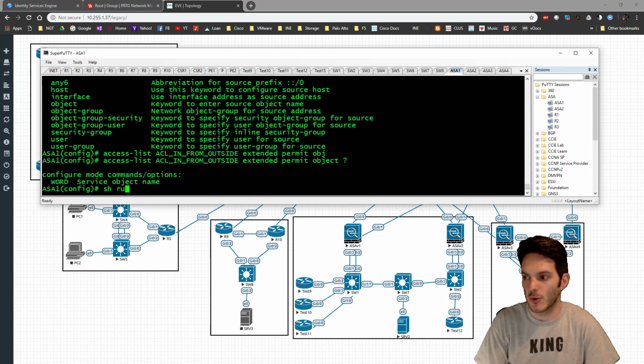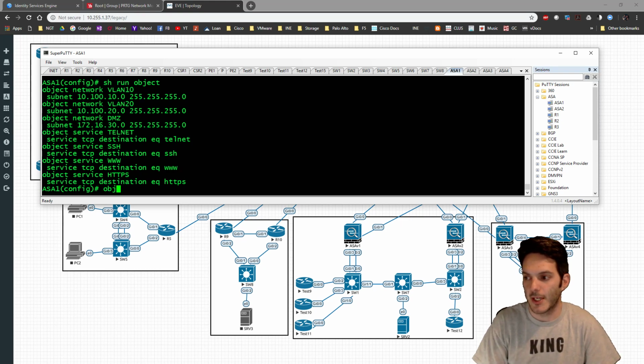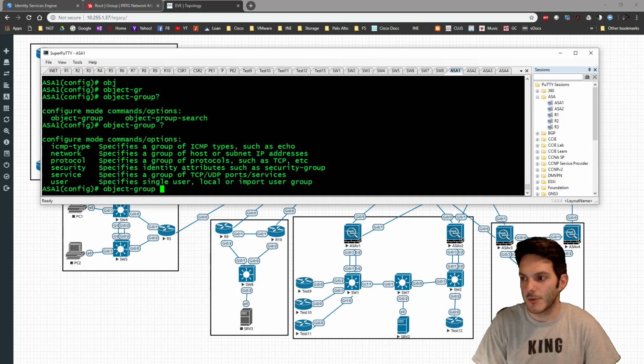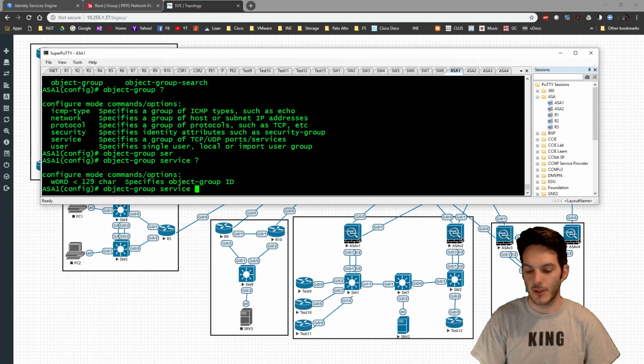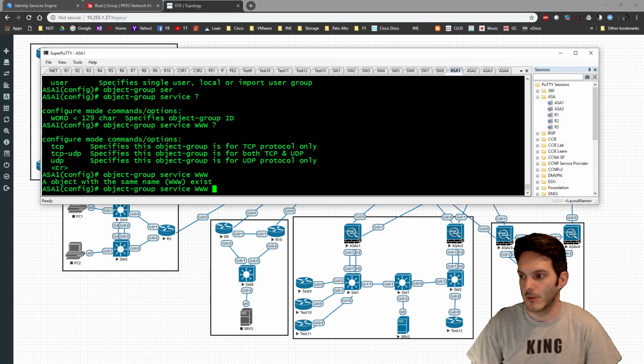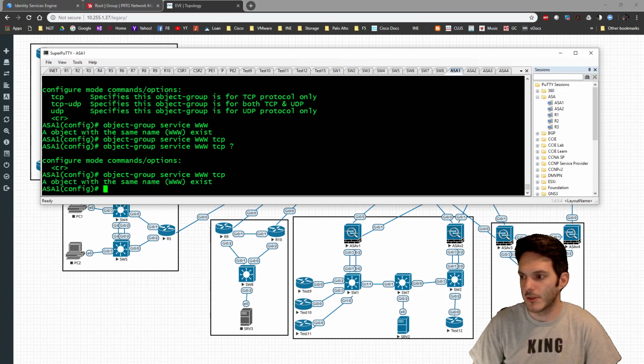So let me do this, show run object. I didn't group them together. So these are all TCP flows. So I'm going to create an object-group called service, and I'm going to call this one www. I'm going to say TCP is the flow, and underneath,